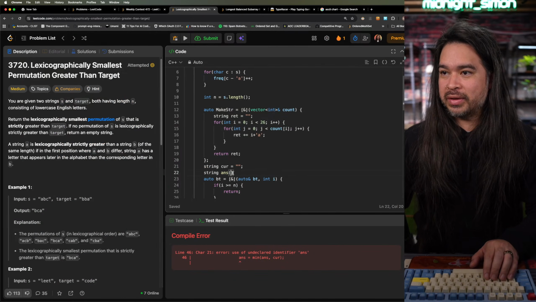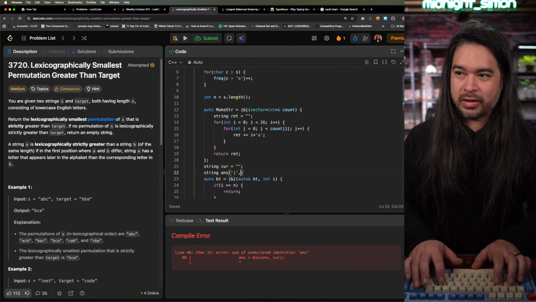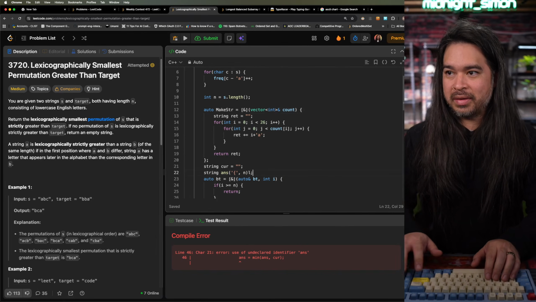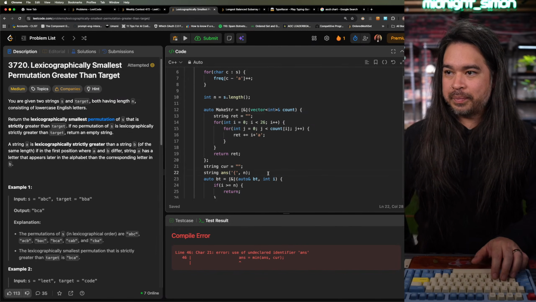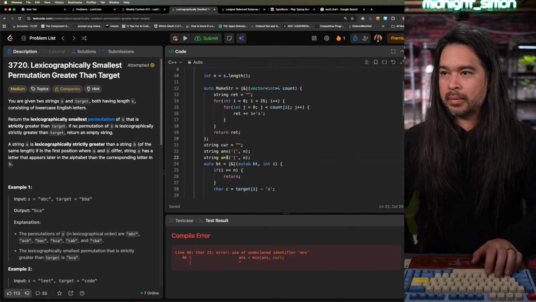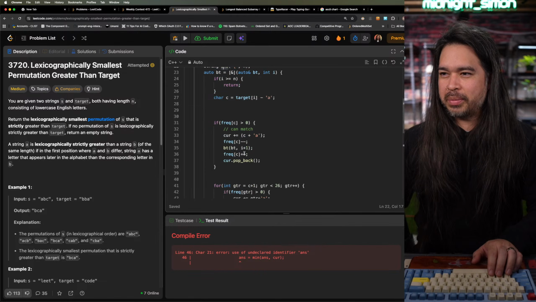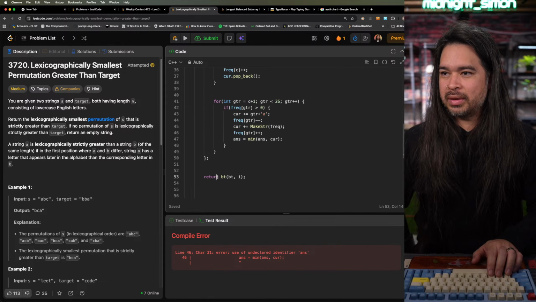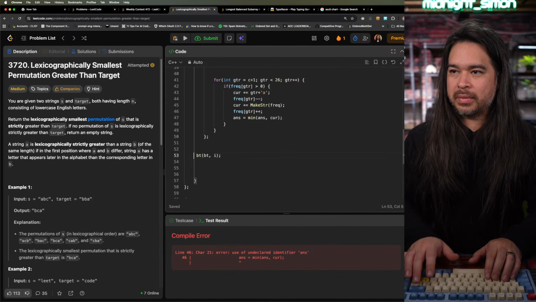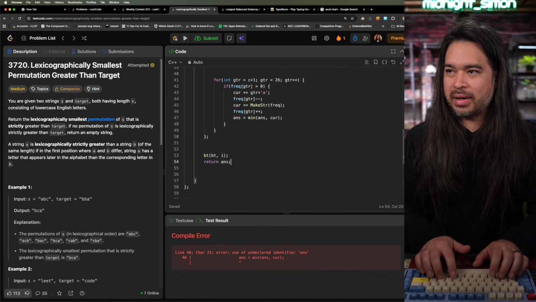I'm doing some weird stuff, man. So open curly brace and size n. Right? This is weird, but I'll do it anyways. So I'll backtrack, and then I'll just return ans, but